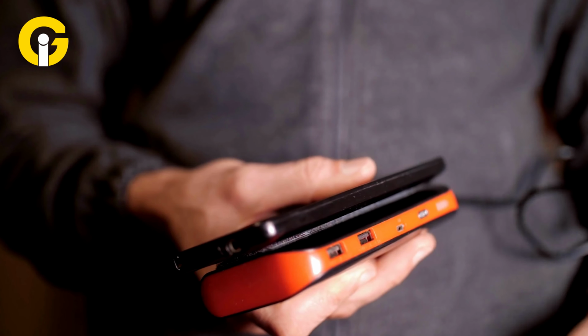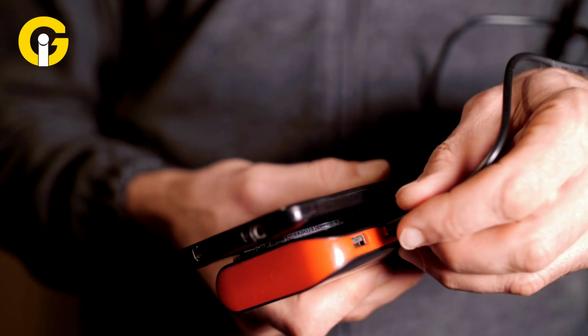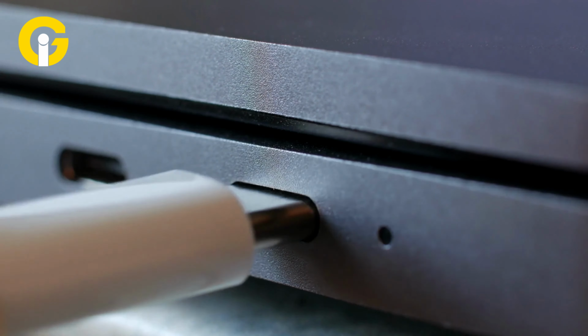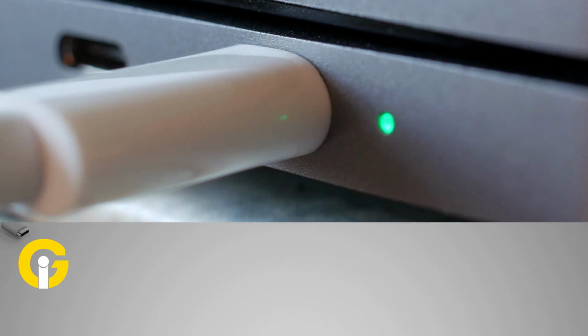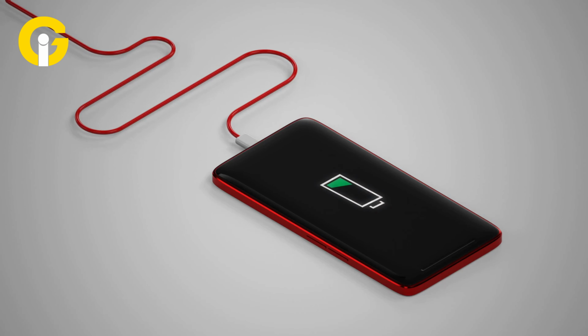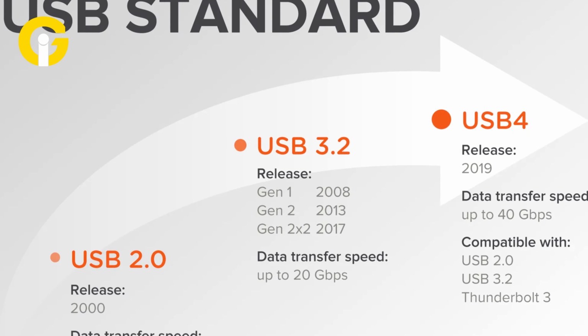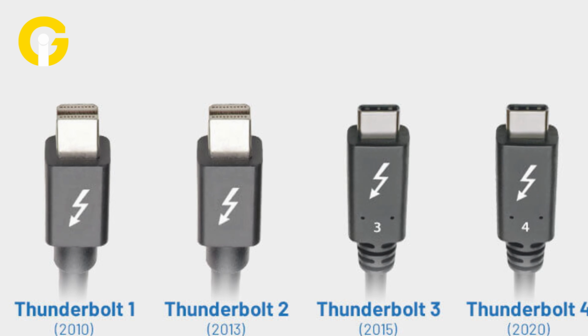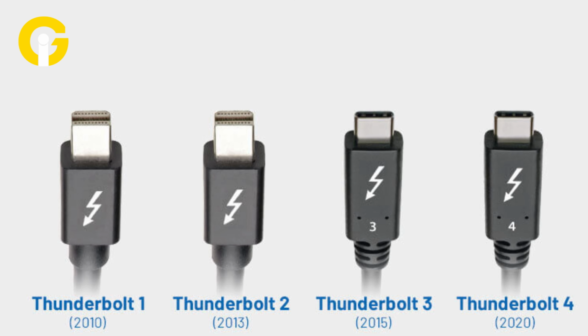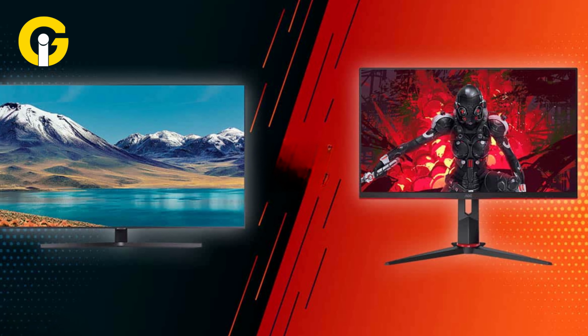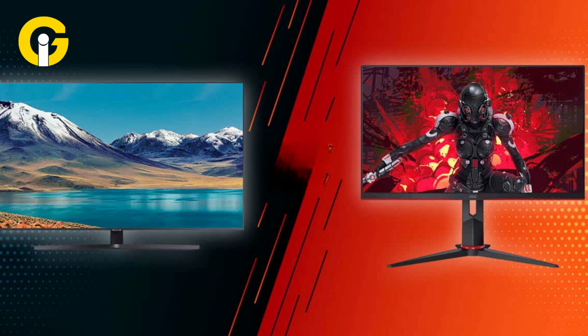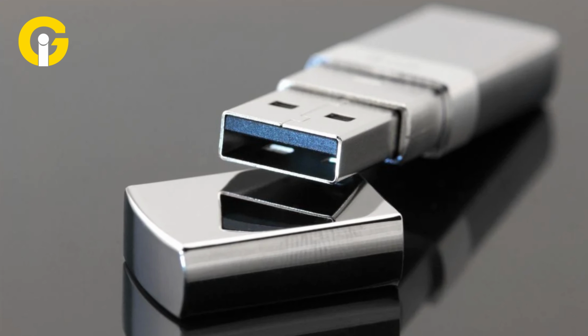USB-C supports USB power delivery, used for charging devices with up to 100 watts, such as laptops, tablets, and phones. It supports USB 3.0 and higher, enabling data transfer speeds up to 20 Gbps, high-speed protocols like Thunderbolt 3 and 4 to deliver up to 40 Gbps of data transfer, and DisplayPort and HDMI to connect monitors and TVs, whereas USB-A comes in